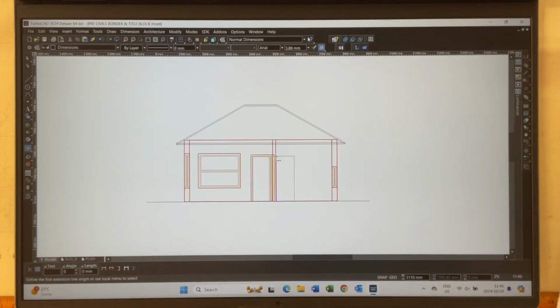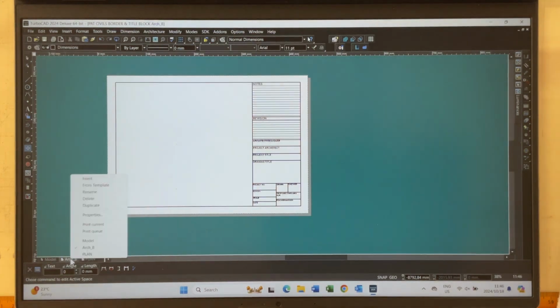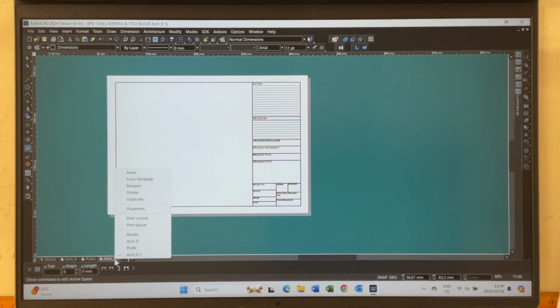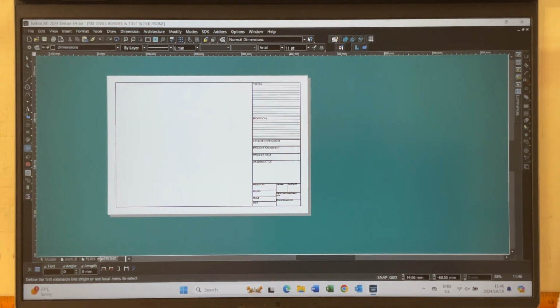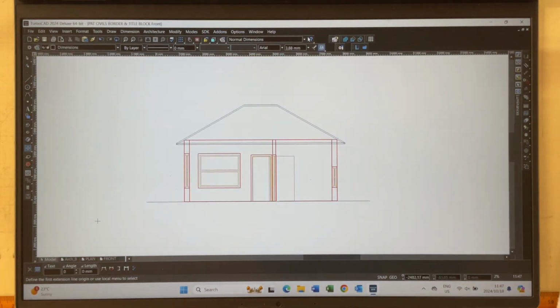Right, there's the front of the building, and I'm going to plop that into another paper space. Go to the paper space over here, right click, duplicate, go to this new duplicated one, and you're going to change the name of that, and you're going to go front view or whatever the elevation is, F-R-O-N-T, okay, front, go okay,